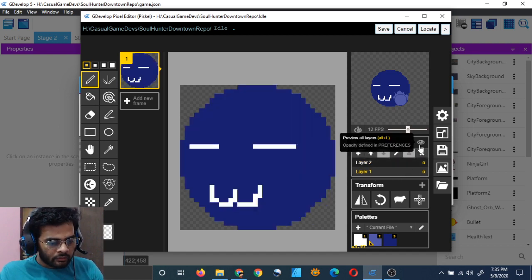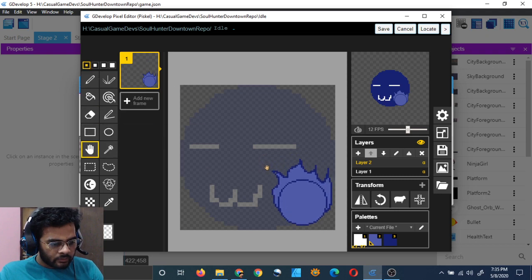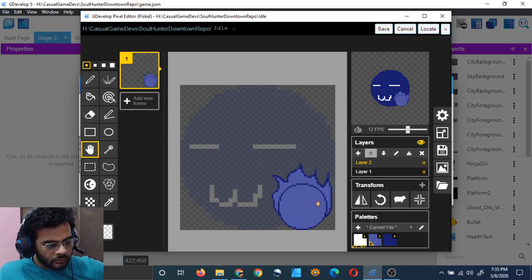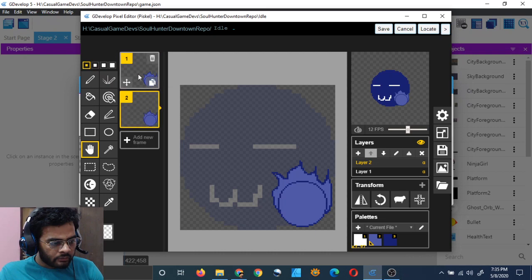Now I will paste it and make it visible, and I believe both of them should be at the same time. Can I not duplicate this layer? No, it's okay. I will add a new frame, duplicate this frame, and why am I not able to see both of them at the same time?